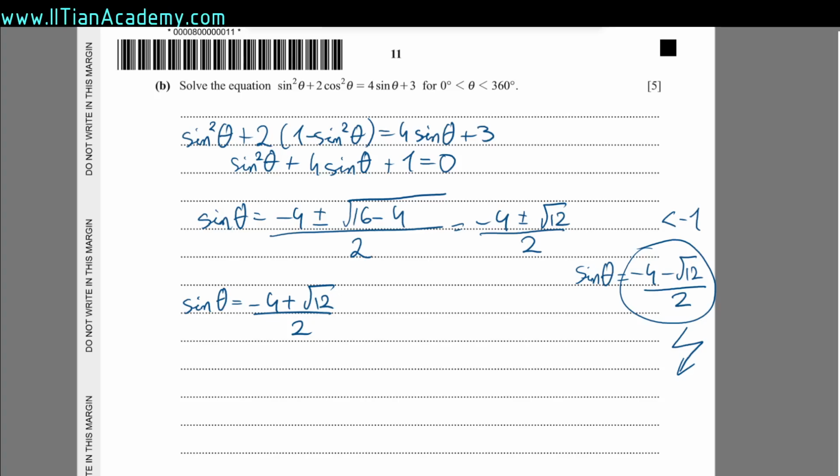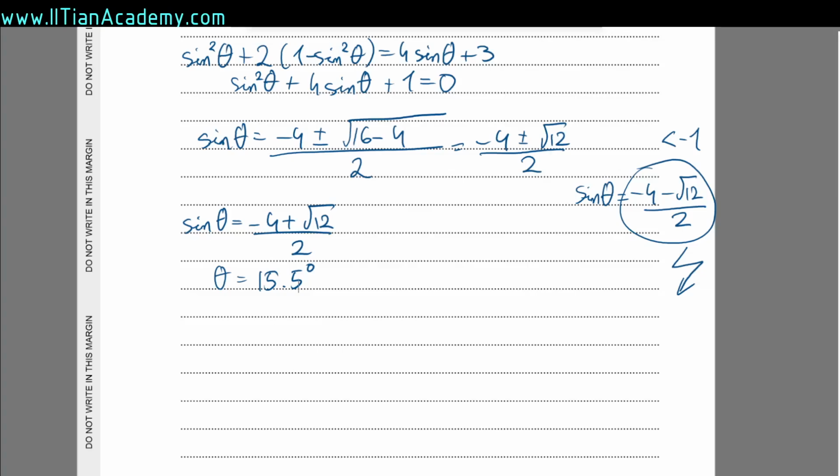So what we can do now is we can take out our calculator. If we plug this into our calculator, we will find that theta is going to be, we just take the arc sine of this whole thing basically. So we get that theta is 15.5 degrees. However, we are told that our theta can be anywhere between 0 and 360. So what that means is that sine theta takes the same value in multiple places, right? So if we add 180 degrees,